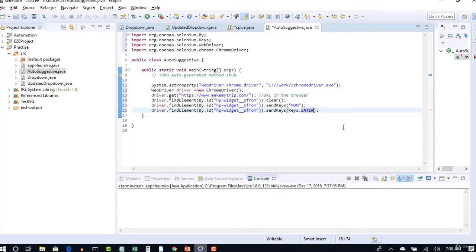It's very simple. For all keyboard events, you have to pass that as part of send keys argument only. If you want to type 3 letters from your keyboard, you have to use send keys of those 3 letters MUM.